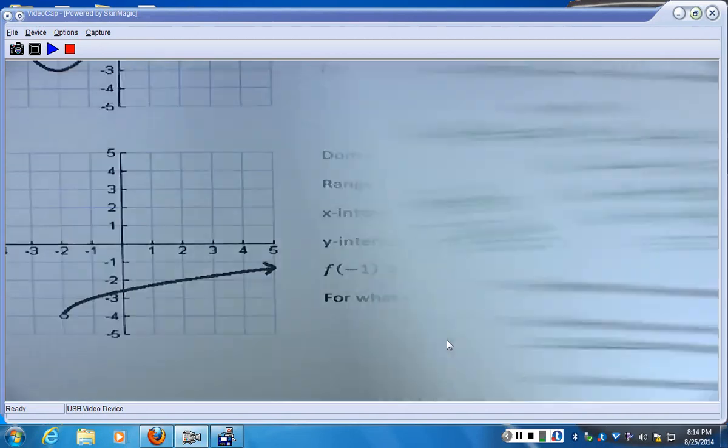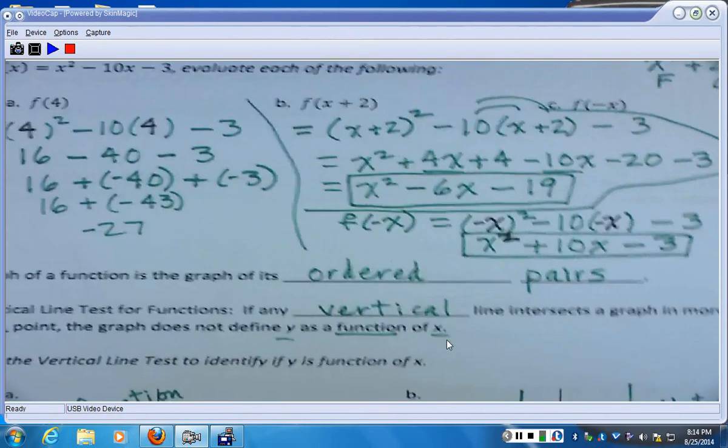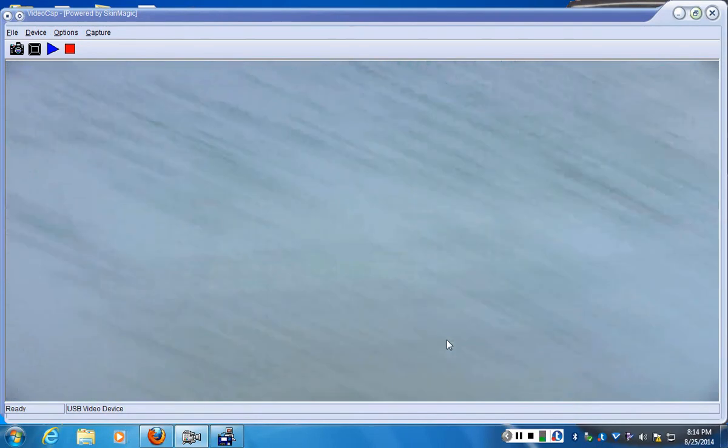Right? Any questions on any of that? Your vertical line test, right? Okay. All right,